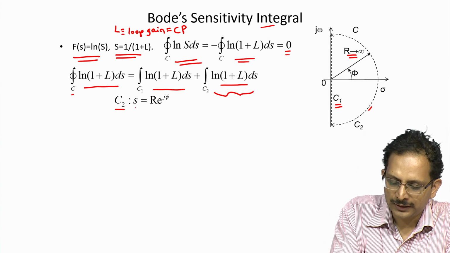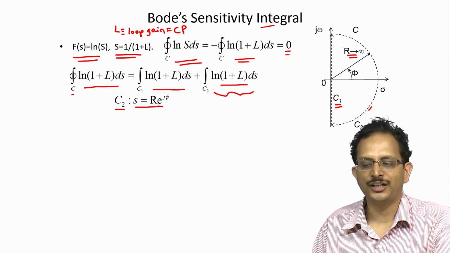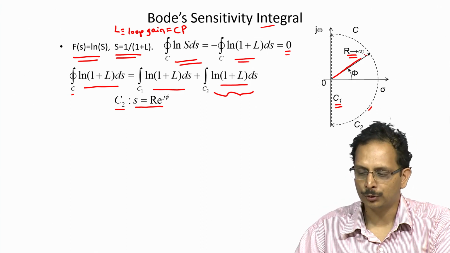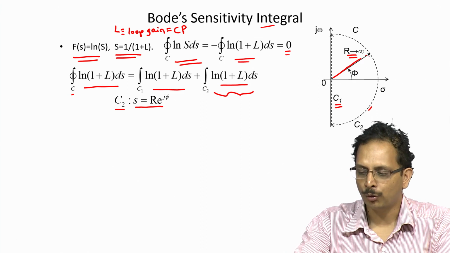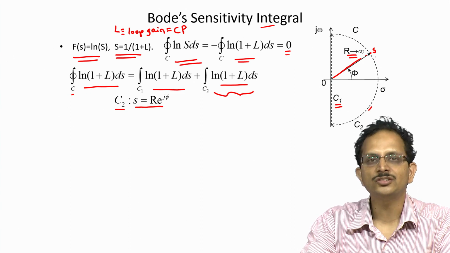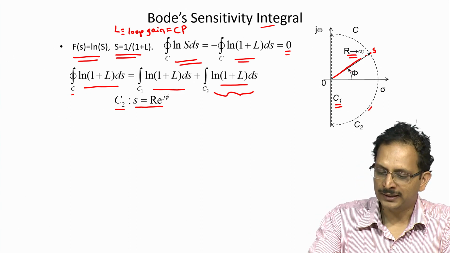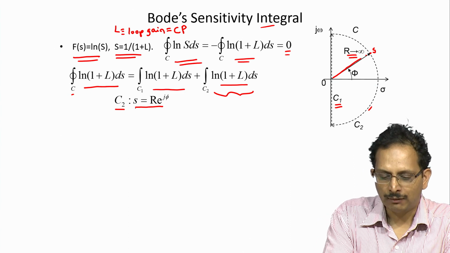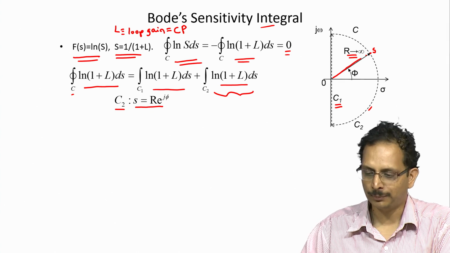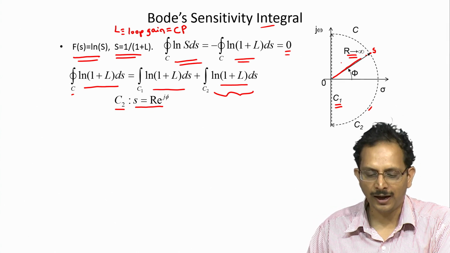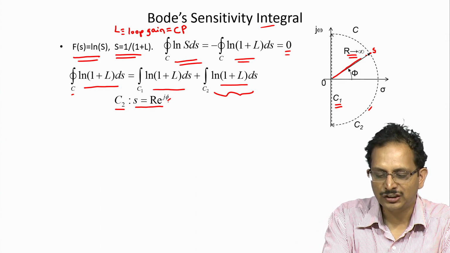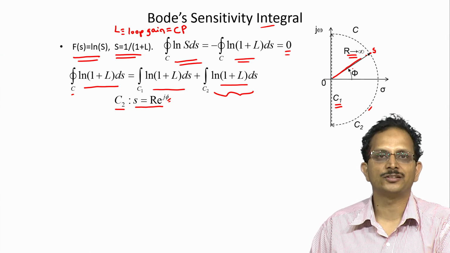be of the form s equal to R e power j phi, where R is the radius of the D shaped contour and phi represents the orientation of the complex number s with respect to the origin on this D shaped contour. So, along the curve C2 our complex number s will be at a constant distance from the center of the complex plane given by the radius capital R, but its angular position will change, and that is captured by the change in the phase phi of the complex number s.